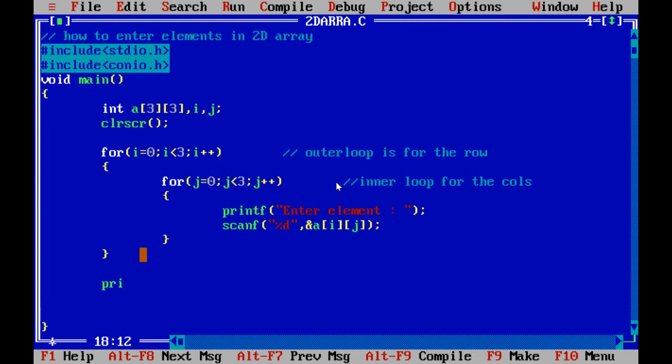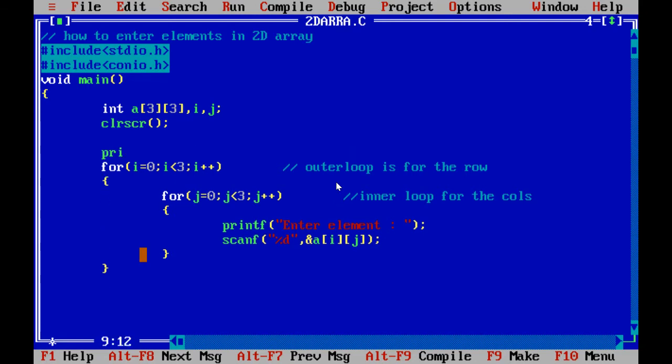So to print the matrix, okay, one more thing, let me add one printf statement here, like enter elements for your array, right? And next line, a simple printf statement. Now let's write another printf statement, your matrix is.